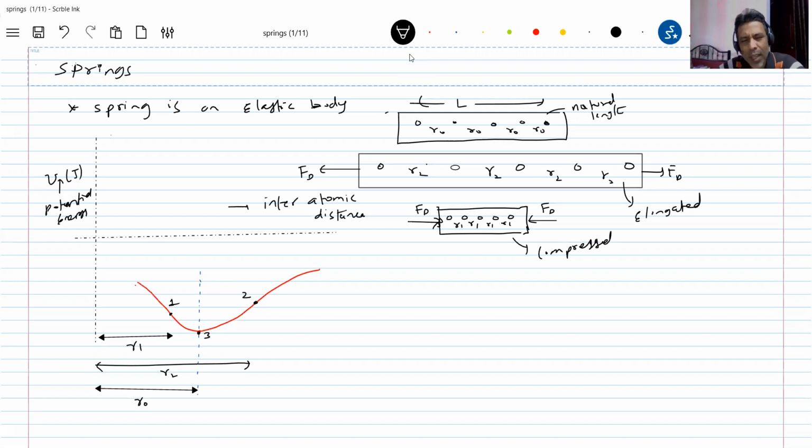Now, what will happen inside the body, inside the atoms? According to the graph, the potential energy will vary with the distance between atoms according to this particular graph. In elasticity, you're going to learn in detail. So there's a small basic which I'm taking help from the elasticity chapter. How the potential energy varies with interatomic distance. What do you mean by interatomic distance? These are the atoms, the bubbles what you can see. These are the atoms.